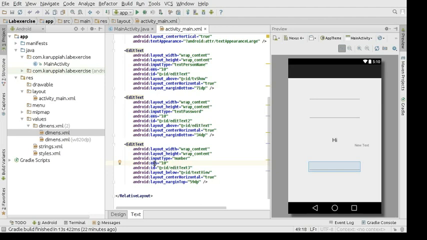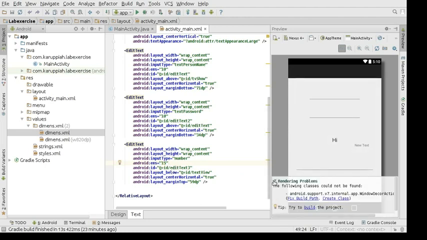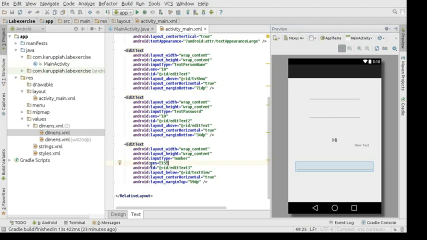So here it says makes the text view exactly this many ems wide. Ems is some measurement unit like centimeter, meter. So you just say 10 and it will be that much wide, and if you say 15, see it goes really wide. Oh my god, again the window decoration problem. I tried building, again the problem goes up. Anyways, so if it's 15 it becomes really big, and if you have 5 it becomes really small, so you can see that.